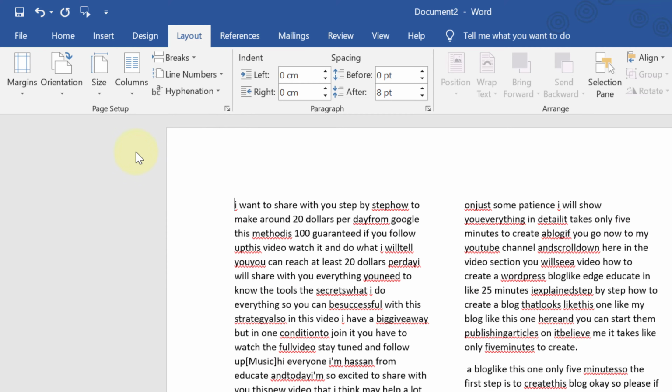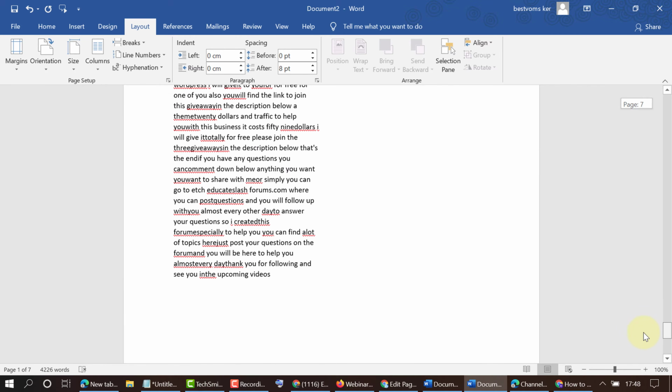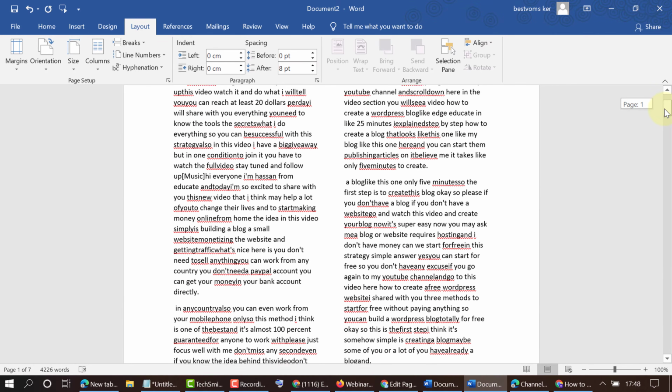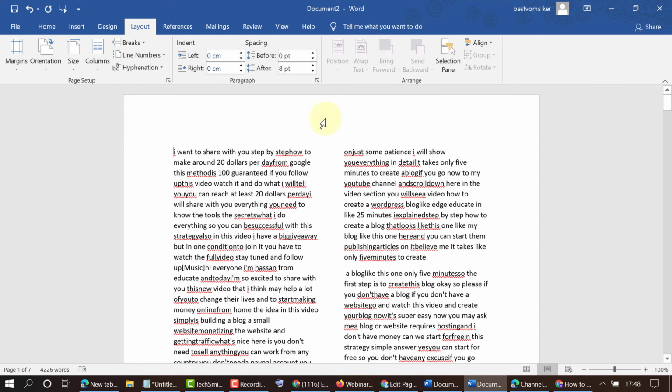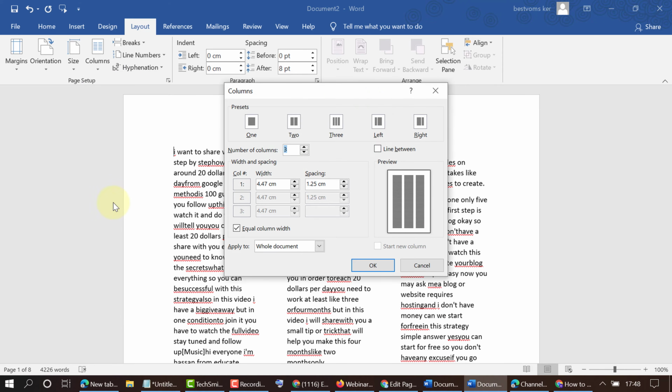Like 2 columns. So we can see this document is now converted into 2 columns, and similarly you can make 3 columns. There are more options for columns,